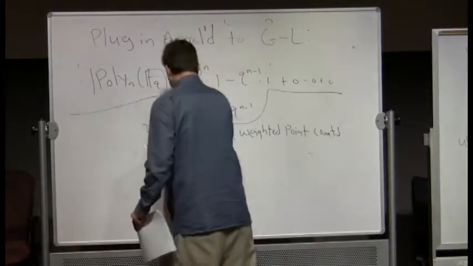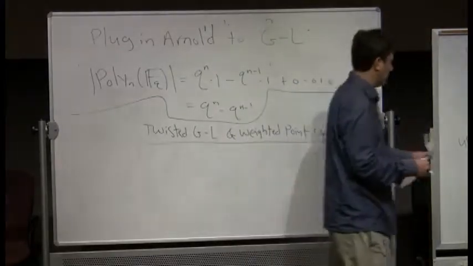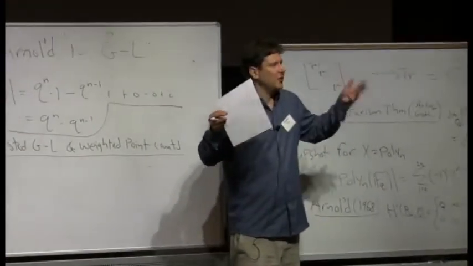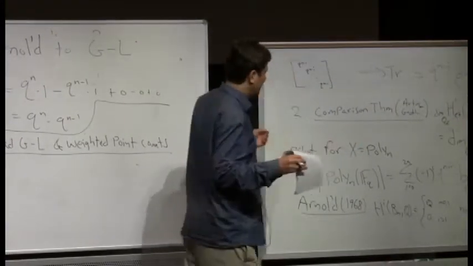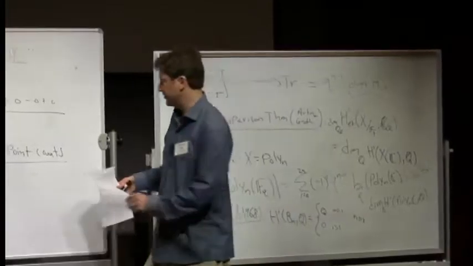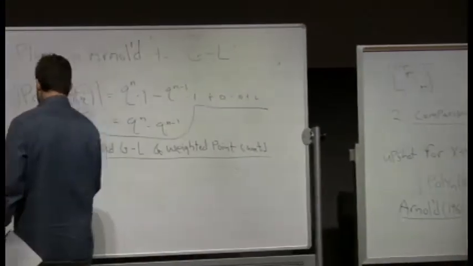And the theme here is going to be we can understand a lot more than just how many polynomials there are. We can actually try to say what do all the polynomials look like by understanding the cohomology better and better. And this is where representation theory comes in. But let me give you the topology picture.